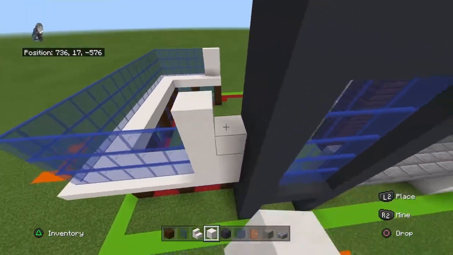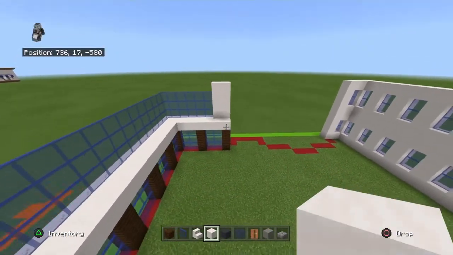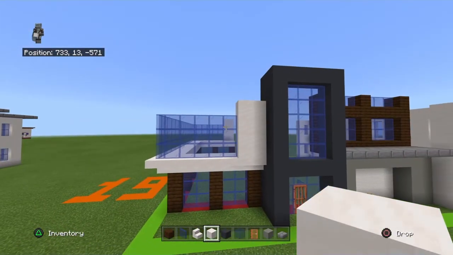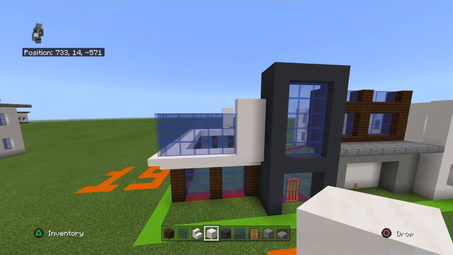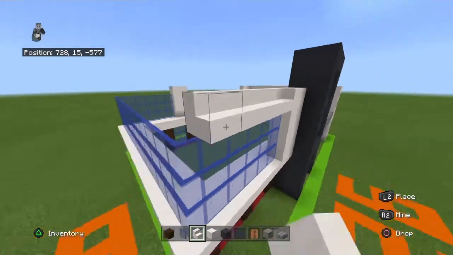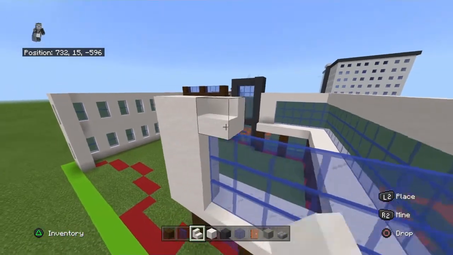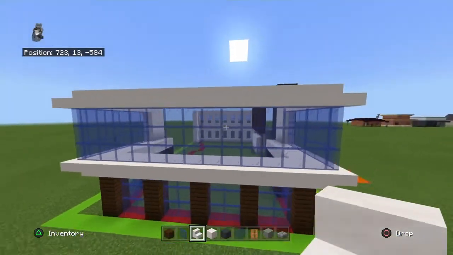quartz blocks on this section up by an additional row for each block. Or up by an additional block for each block, I guess. Or column, whatever you want to call them. On top of every single blue stained glass pane, you want to place a smooth quartz stair. And then obviously make sure that they curl into each other, so you have an actual kind of trim